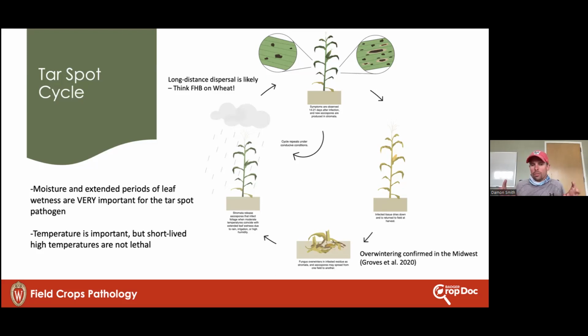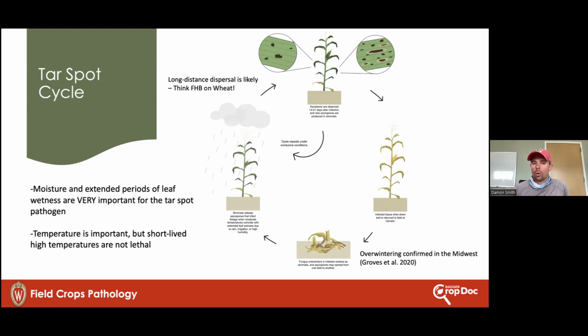And folks will say it moves very quickly and almost overnight, and that's because we get into this kind of secondary cycle format where there's almost this exponential increase in tar spot development. We do know, and I've talked about this in the past, that tar spot can overwinter here in Wisconsin. So we do have an inoculum that can originate from here in the state. It does not have to blow in, although it can. The spores do seem to move a pretty good distance. But we do have locally originating spore loads here.